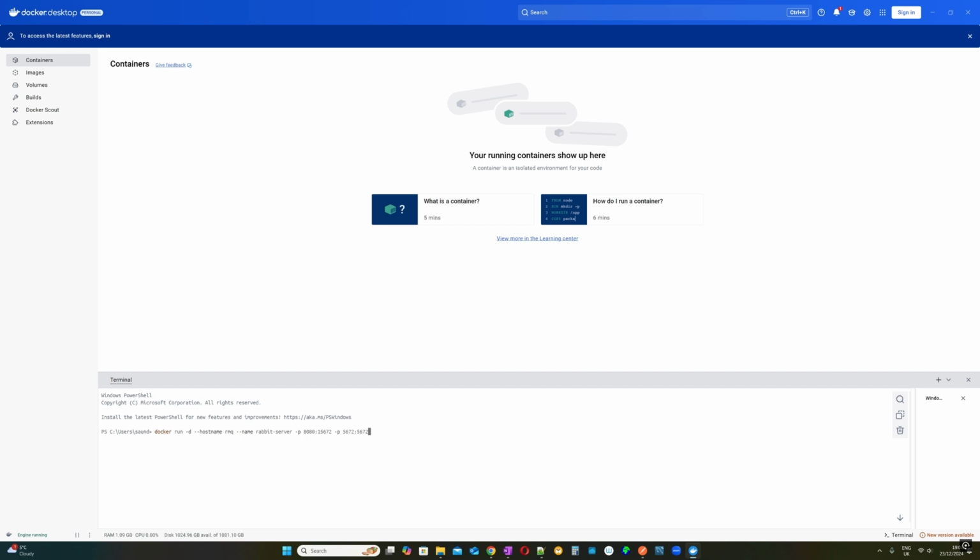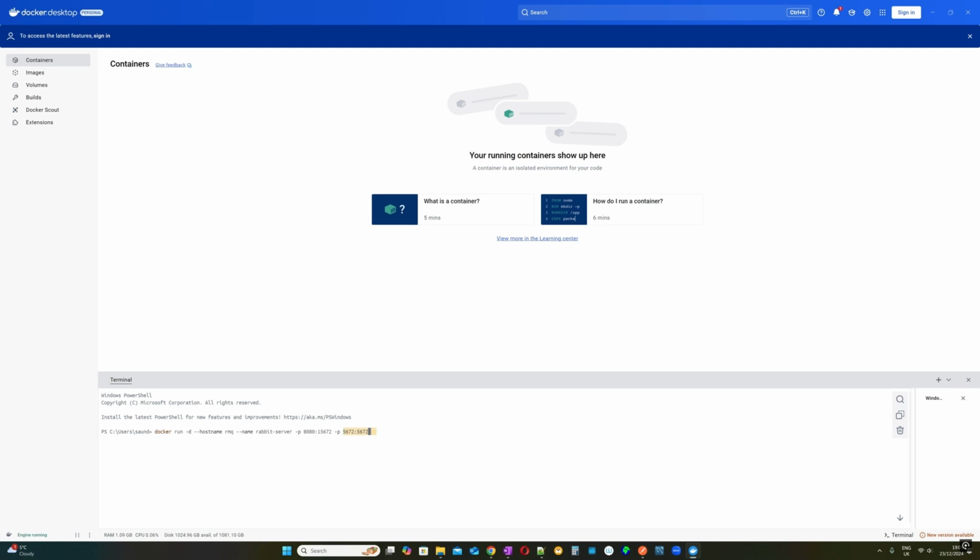Now, when we get to testing in Postman later, because we're going to be using the API side, which isn't strictly the messaging ports, we're going to be doing that on port 8080 in order to push a message via Postman. However, if we were developing our own application and fully utilizing RabbitMQ and the messaging side, we would be